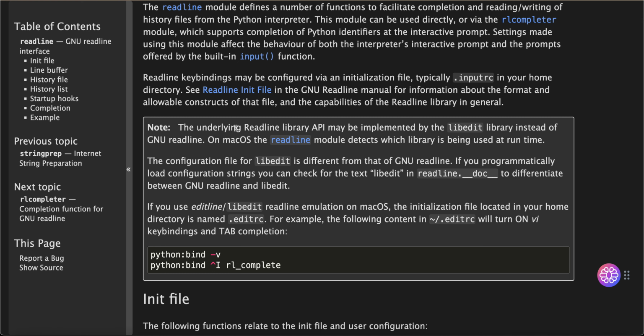Note: the underlying readline library API may be implemented by the libedit library instead of GNU readline. On macOS, the readline module detects which library is being used at runtime. The configuration file for libedit is different from that of GNU readline. If you programmatically load configuration strings, you can check for the text libedit in readline.__doc__ to differentiate between GNU readline